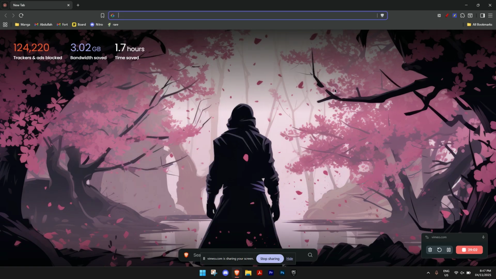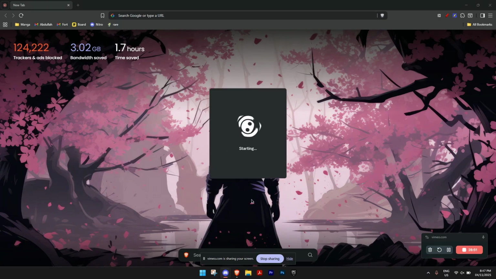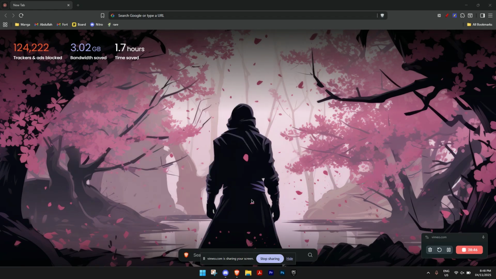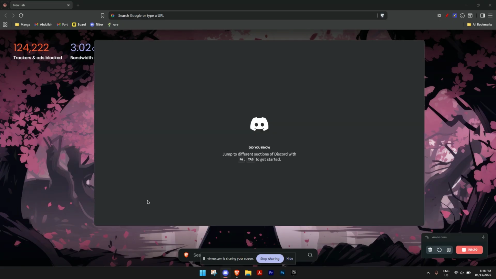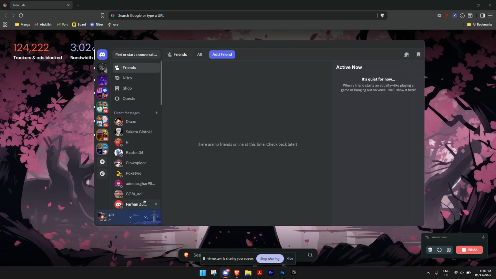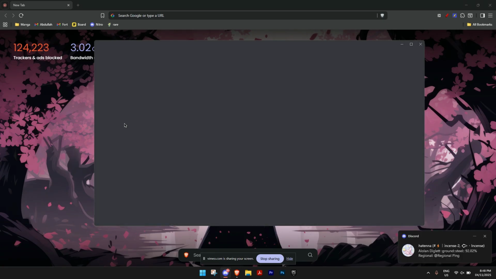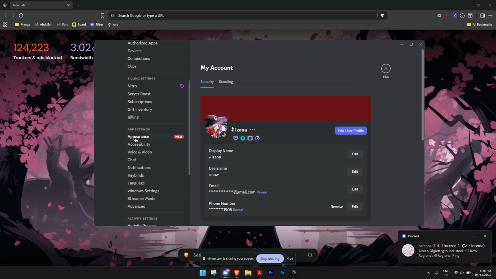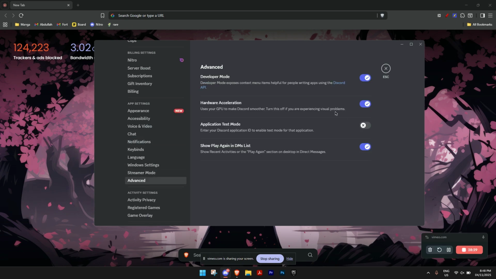So if it's still not fixed, we have another fix, and that is to open Discord. I just closed it, let me reopen it. Give it a quick second. And here now we'll be going into the Discord settings, and there's an option you have to disable. Alright, so settings, and I want you to scroll down to app settings and click on advanced